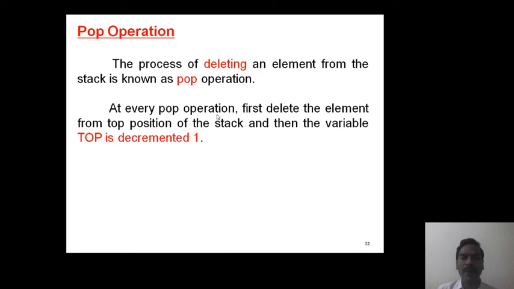For every pop operation, first delete the element from the top position of the stack and then the top variable is decremented by 1.